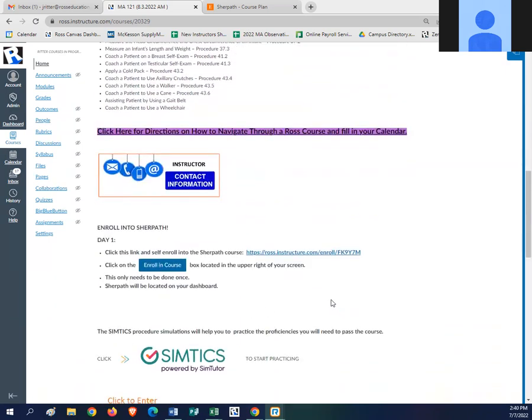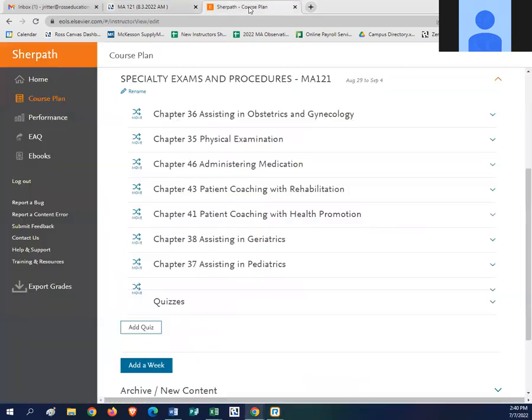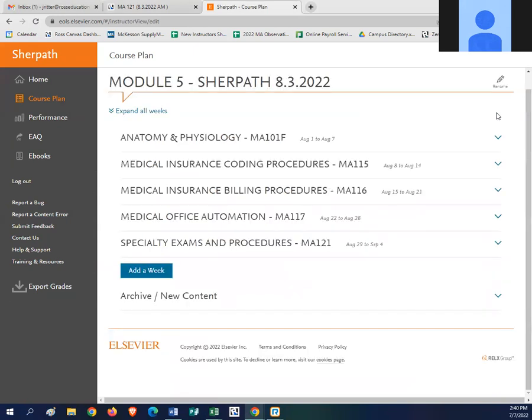SurePath will be used in this course as well. There is the self-enroll link that will upload SurePath onto your student's Canvas dashboard. SurePath includes lessons and textbook reading for each